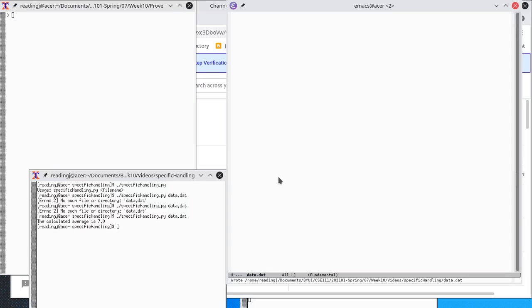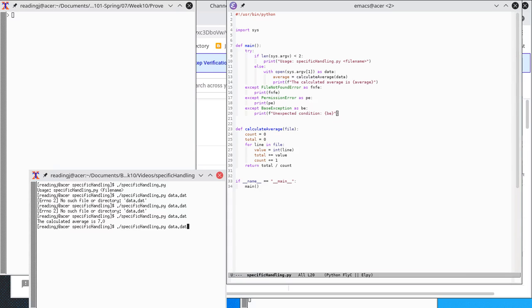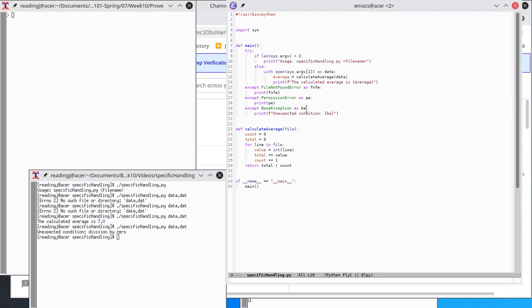What if I don't put any data in there? What's going to happen? Can you tell me from looking at this? Well, let's see. Unexpected condition, division by 0. Okay, so I know that something went wrong, but it doesn't really help me much. And when I get to this handler, all I know how to do is just exit.